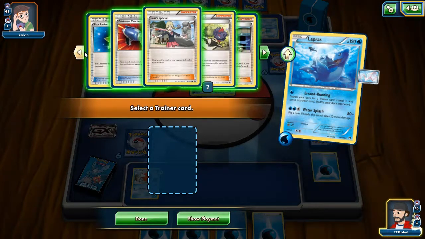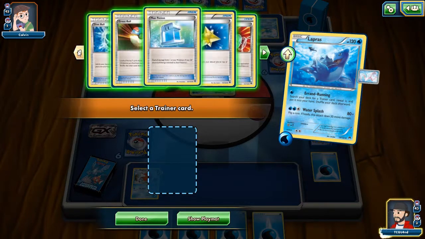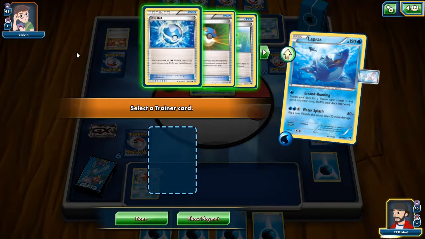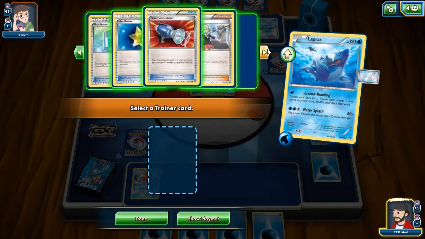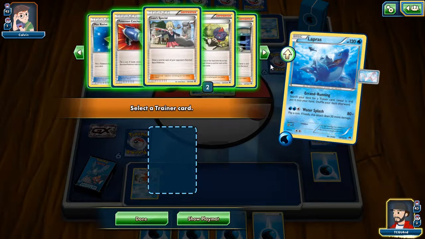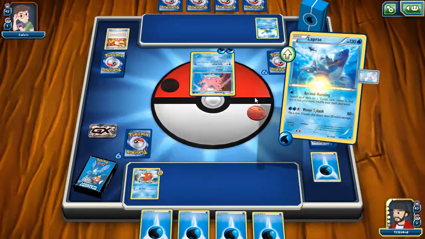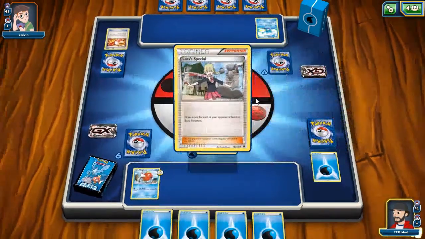Because I know this guy is going to play quite a lot of bench Pokemon, I think I do just want to play the Last Special and see how many I can get off that. Dive Ball's the safe option, because it means I can go for a Goldeen and go from there. Whilst I continue to Errand Run. But I think I'm just going to take the Last Special. Take the Last Special. He's only got 1 bench Pokemon for now,